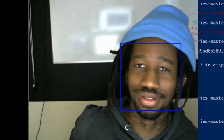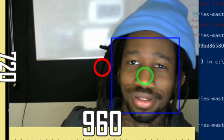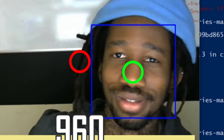Now, getting the center of the screen is really simple algebra. We just need to take the dimensions of the video resolution and divide the height and width in half. Boom, center of attention. Now, in order to get the center of the bounding box, it's also a relatively simple